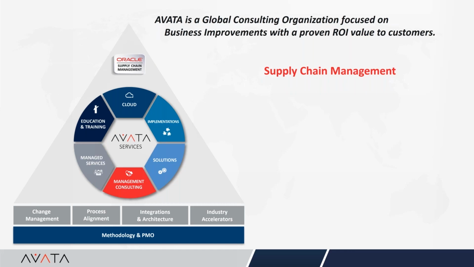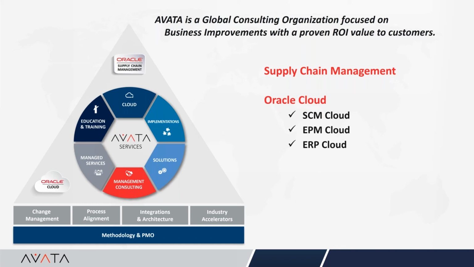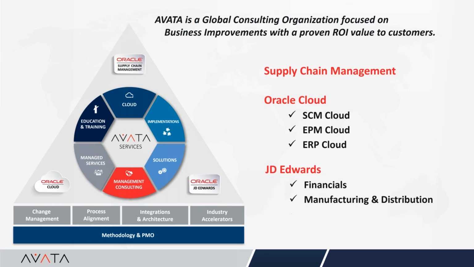From there, over the years, we've taken that supply chain acumen and evolved it into the evolution of Oracle's cloud supply chain solutions, and we've even extended our footprint. So while at the tip of the spear is our supply chain management, we've extended into enterprise performance management and full-on ERP. So we can cover the entire manufacturing, order management, procurement, the whole end-to-end. And then several years back, we also extended our capabilities and have been very successful in the J.D. Edwards practice. Again, end-to-end, from full financials all the way through manufacturing and distribution.